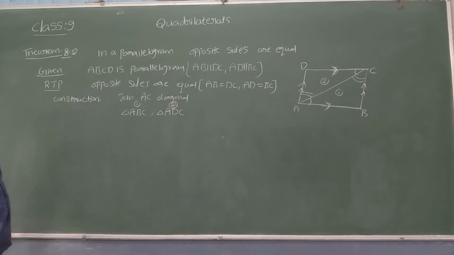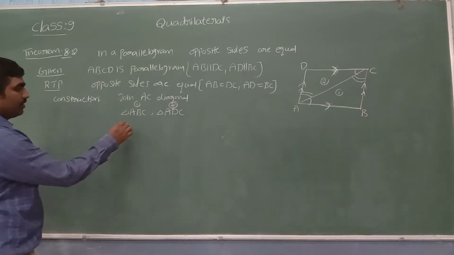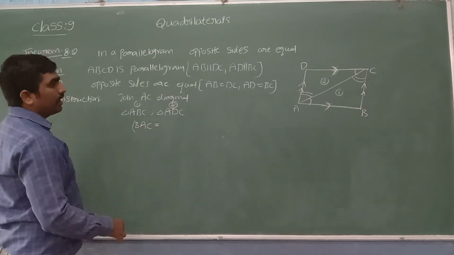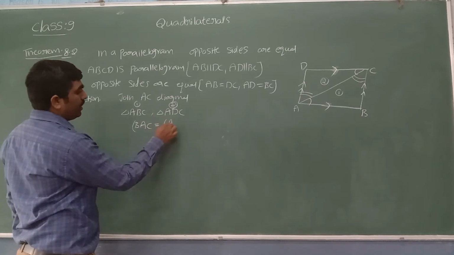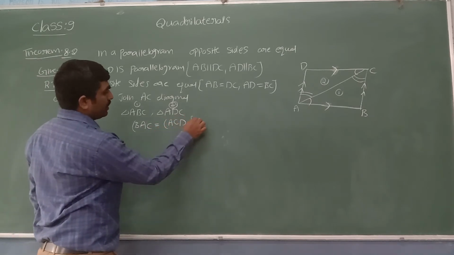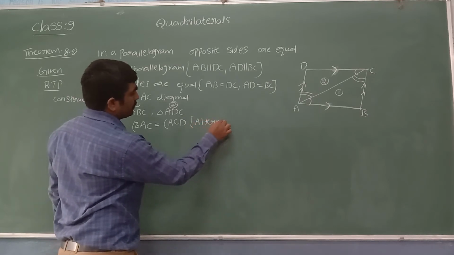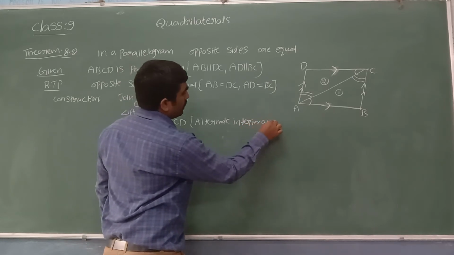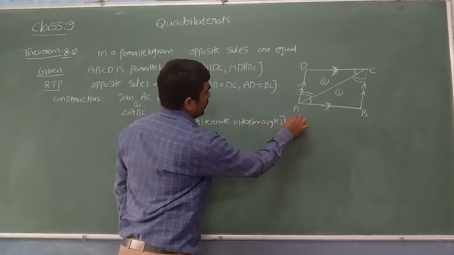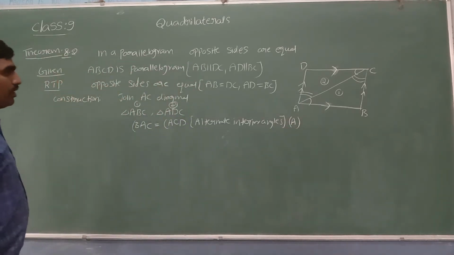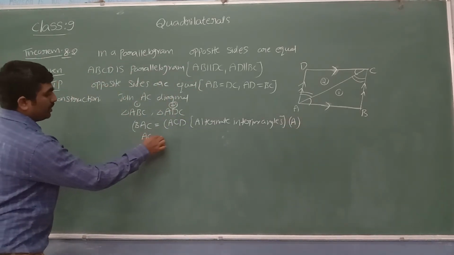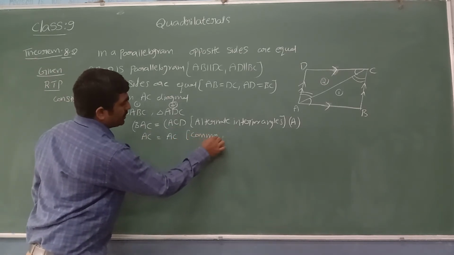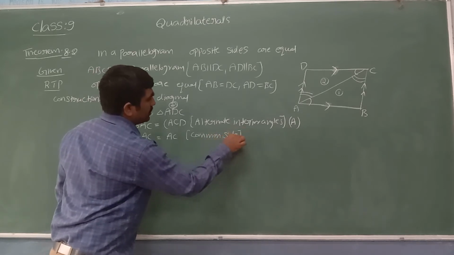Now let us write the equal parts. For the first triangle, angle A, we can write with the help of three alphabets: angle BAC equals, in the second triangle, angle C, I can write angle ACD. Both are equal. The reason is they are alternate interior angles. I finished one angle. Next we go to the side. From the first triangle AC equals, from the second triangle, also AC. What is the reason? Sir, it is the common side in both the triangles.